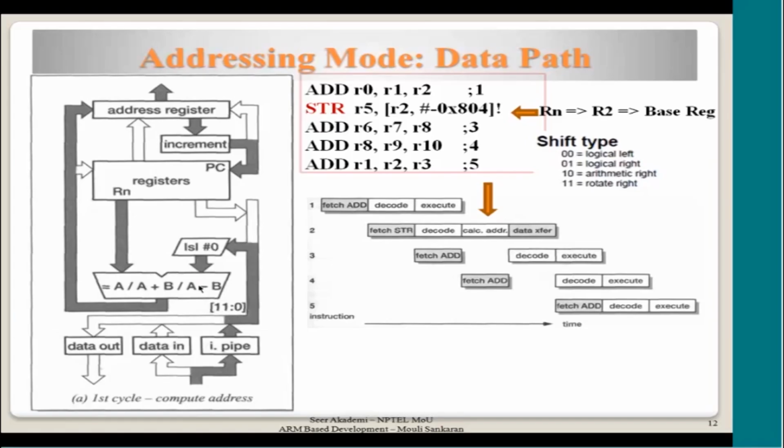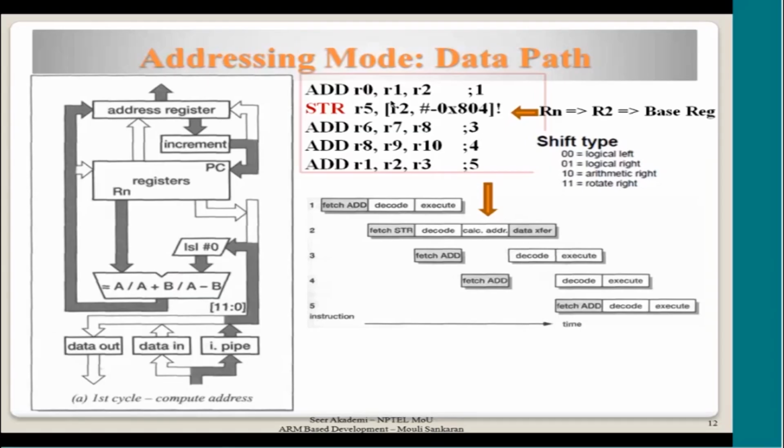so that they come into this. Now this ALU has an option whether to perform A, just take this value, or do A plus B or A minus B. Now how will this ALU be driven? Based on whether you have put a negative value or not, this will do the job. So now what happens in the address calculation, R2 is taken, 804 comes through this without any shift, and then R2 minus 804 is done by the ALU,